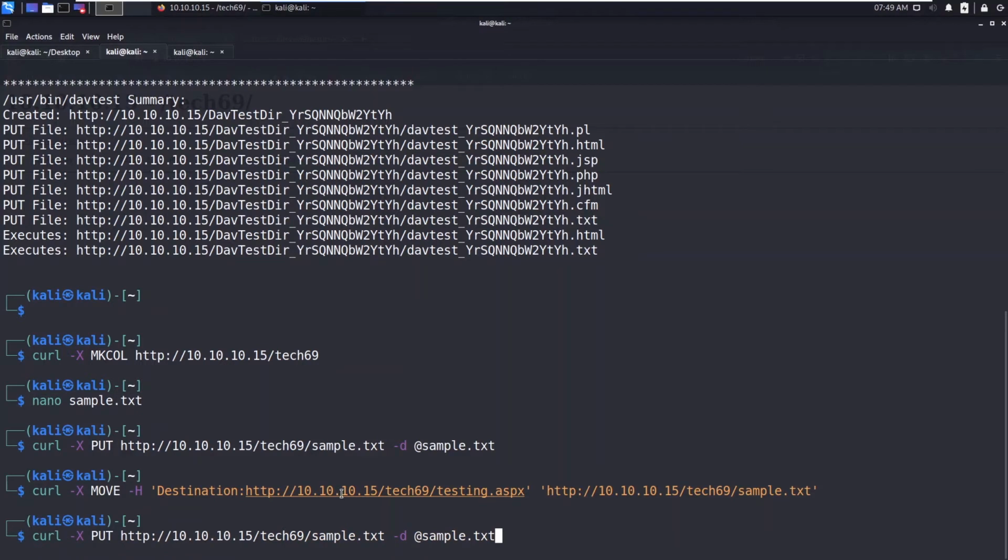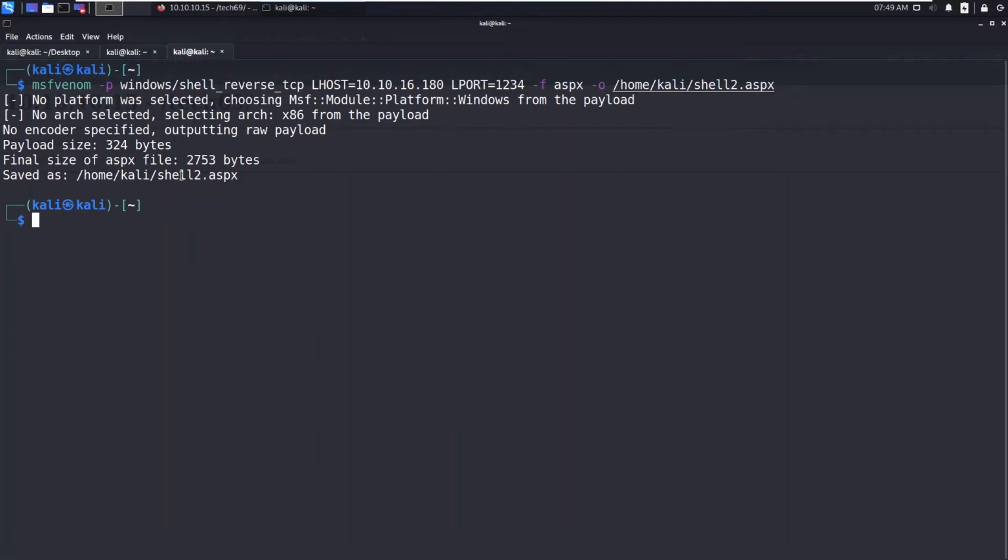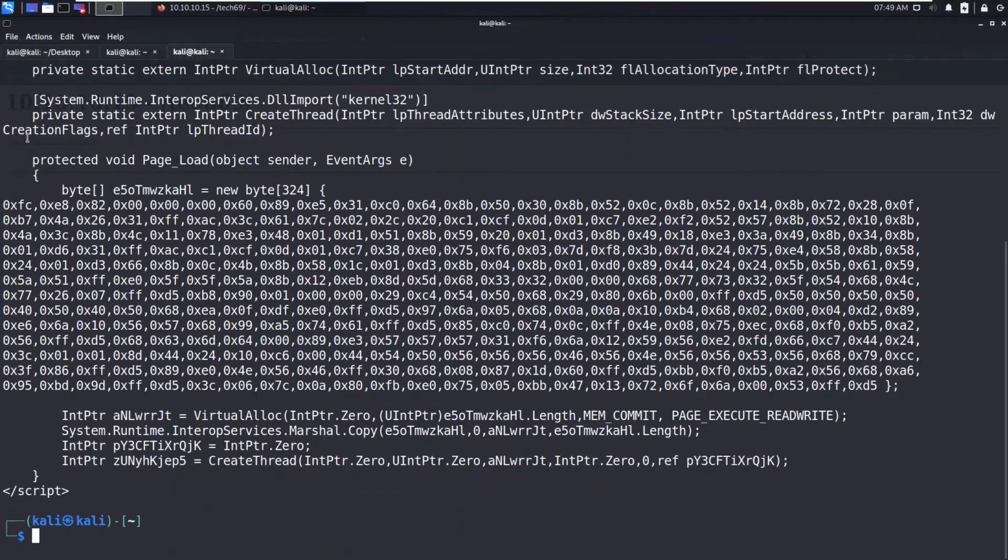Now let's again put the sample.txt, or we can wait for the payload to be successful. So let's say shell2. So you can see it has created.